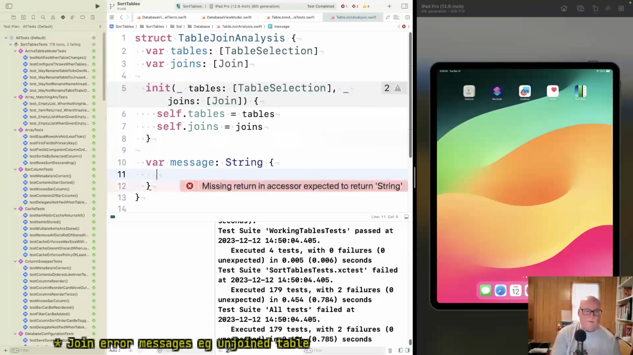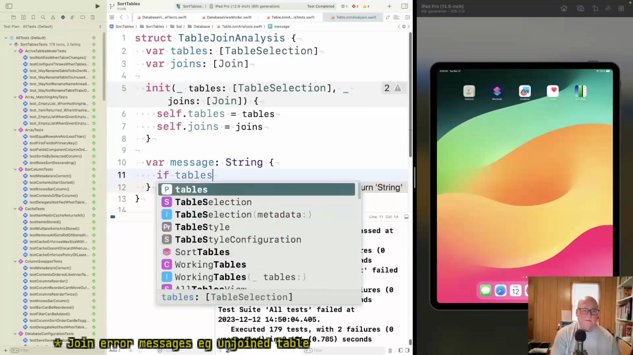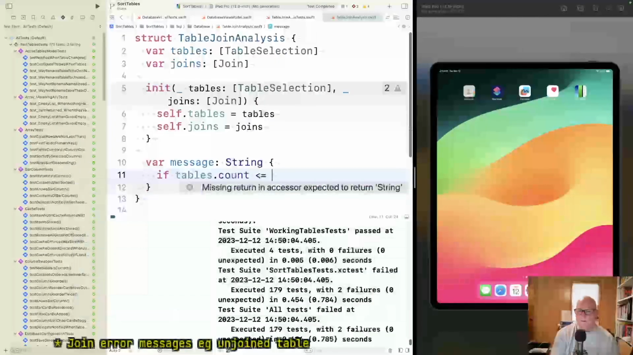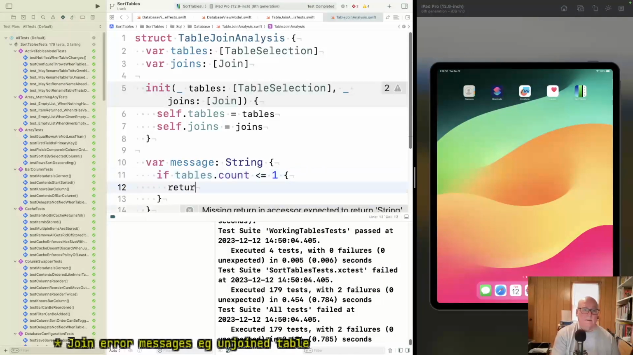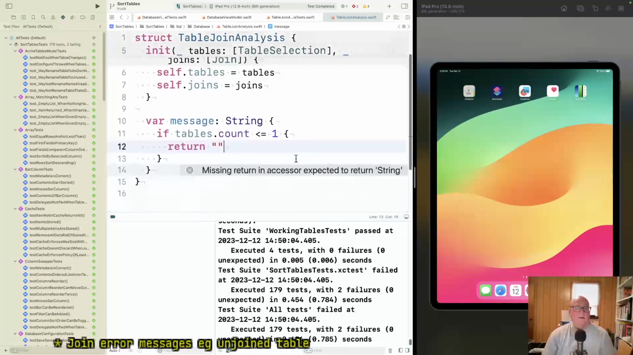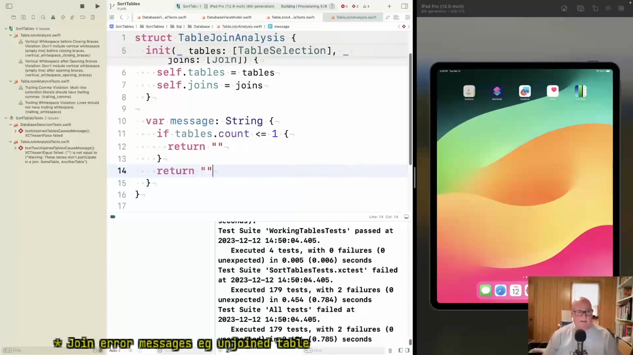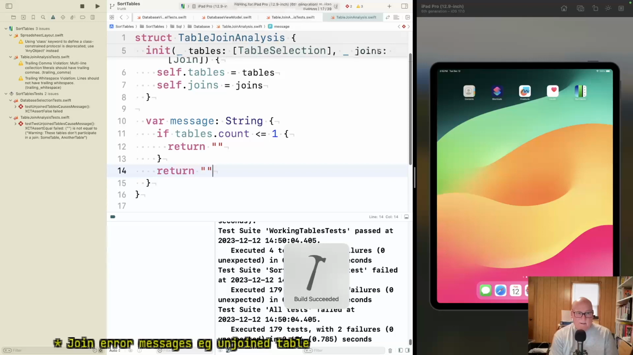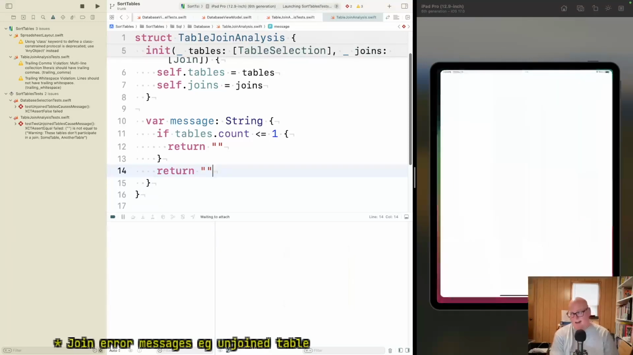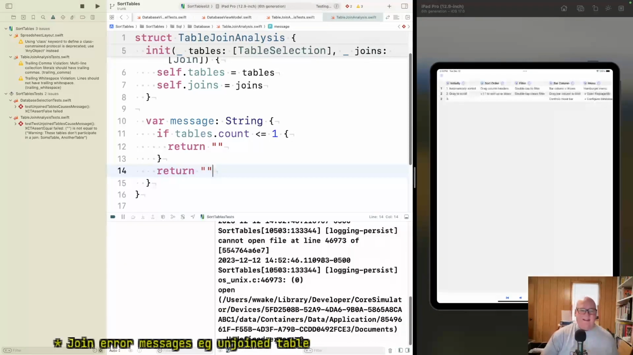Okay. If tables.count is less than or equal to 1, return empty string. Okay. That gets us what we had. And I'll do this. Same test should be failing. Same two tests. This just gives me what I had. All right. And then,